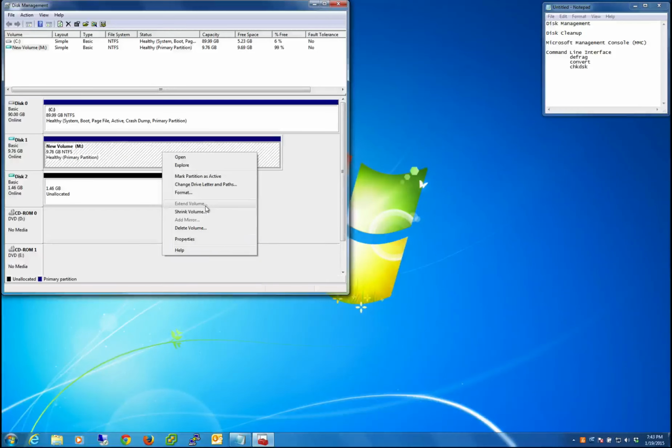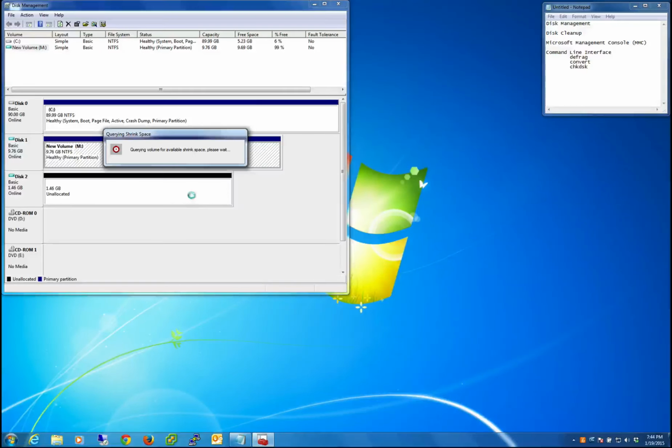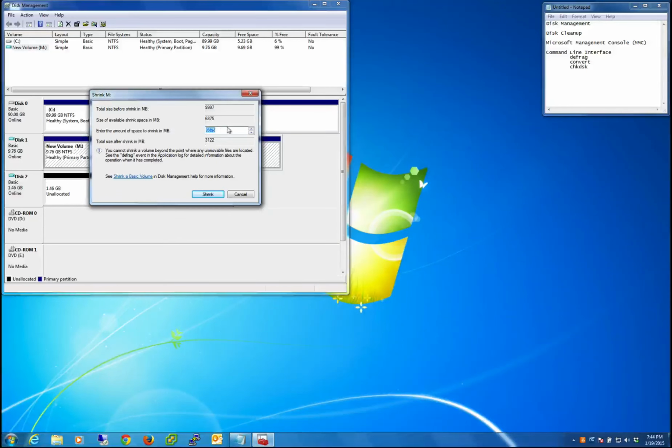So if we wanted to shrink a volume, so let's say we wanted to take up less space on this hard drive, we could shrink it. And this may take a little bit sometimes depending on the size of your hard drive. But let's say we want to make it so that there's 2 gigabytes of free space on this drive. We're going to say 8,000 megabytes. And if you'll remember from CIS 120, 1,000 or 1,024 megabytes equals a gigabyte. So if we want to take up 8 gigabytes,